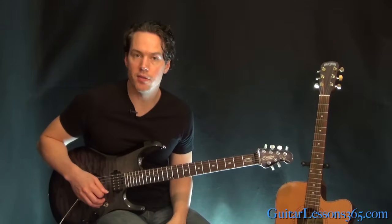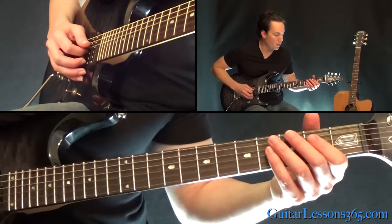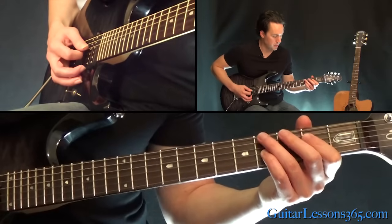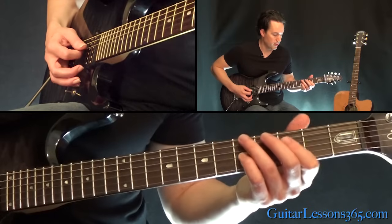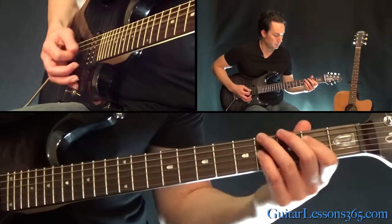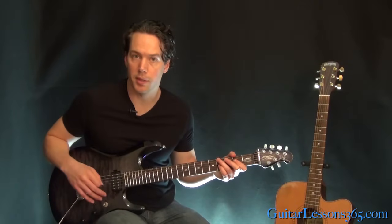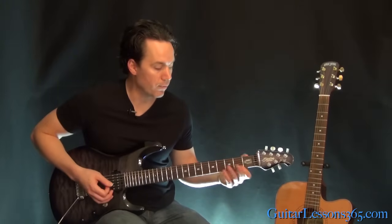Alright, now on top of that, there's a guitar layer that's doing power chords an octave higher. So that power chord an octave higher is off this 2nd fret on the D, 4th fret on the G. And then you just move that up to the 5th fret, 4th, then the 3rd. So it's like, instead of going, you're doing this. All right, so if you have another guitar player playing with you, he can do that, and it just makes it sound even thicker. And then the 4th time through,